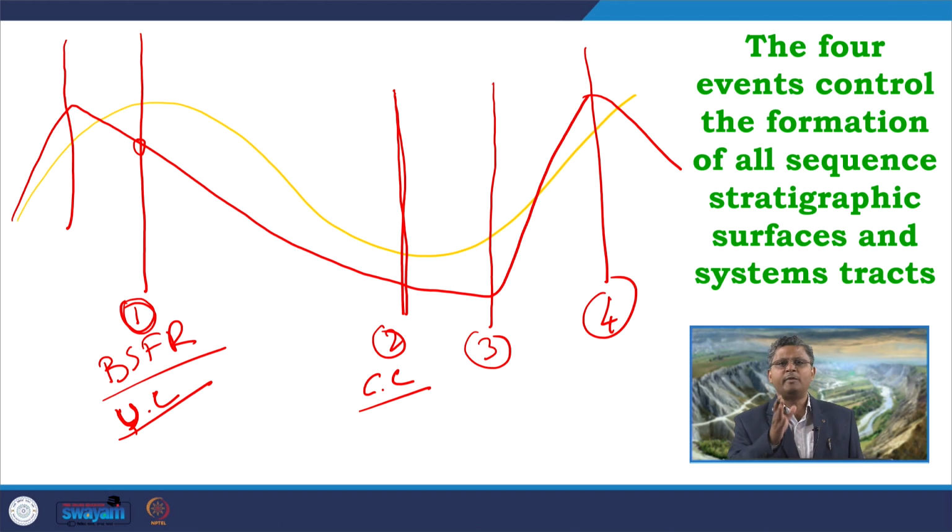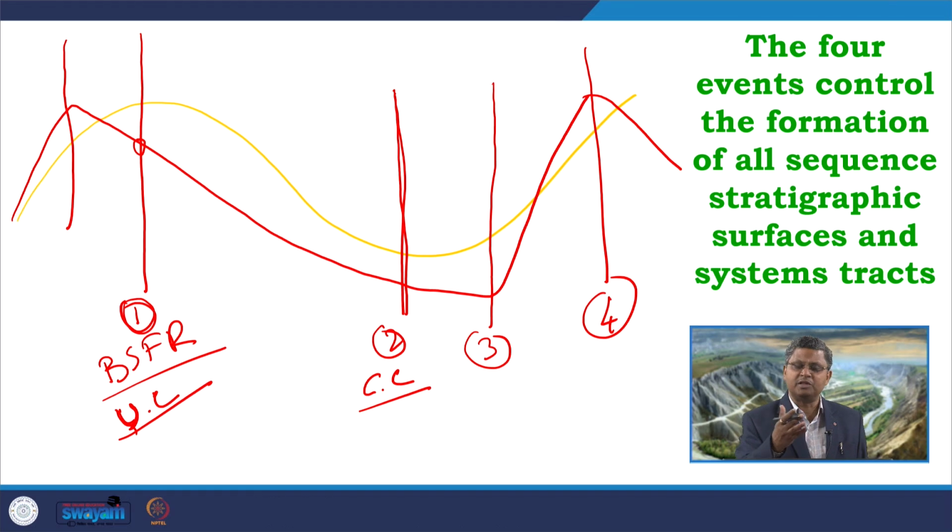So, that unconformity will continue up to that extent where this forced regression will have its direct effect in terms of falling of the base level. So, it will be definitely confined within the fluvial part and to some extent into the marginal marine part. But during the same phase of forced regression, if we move on to the deeper part of the basin where the base level has fallen down, but it is still water covered and sedimentation is continuous over there, we get a conformable succession. Any unconformity is not formed in that part.